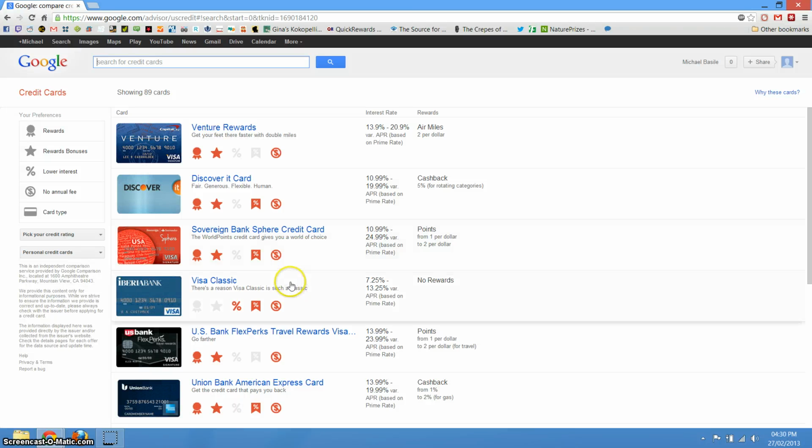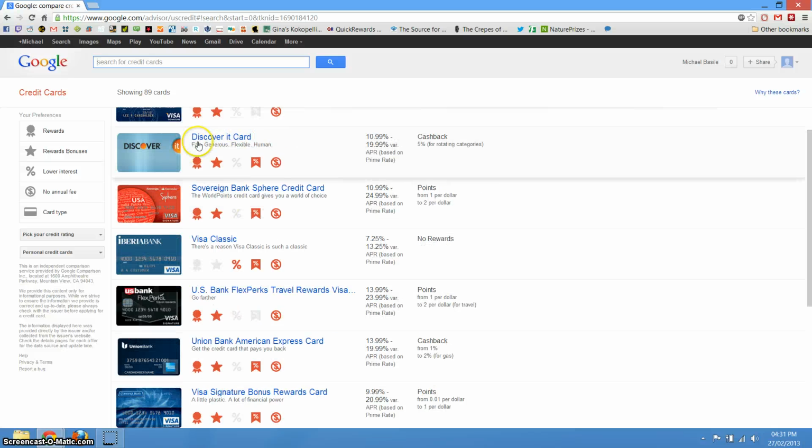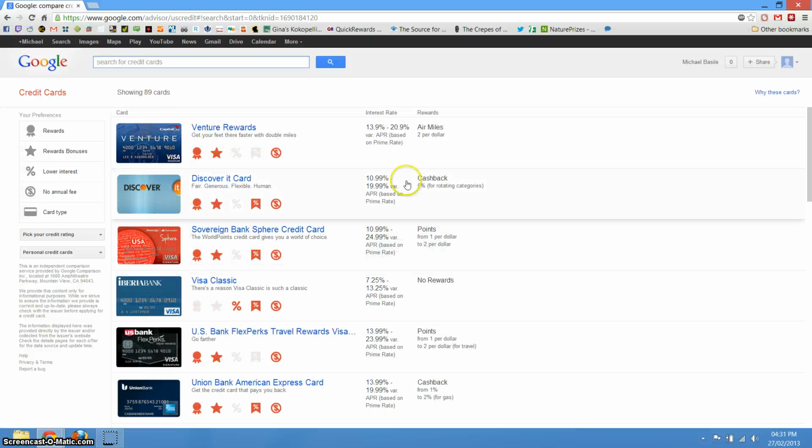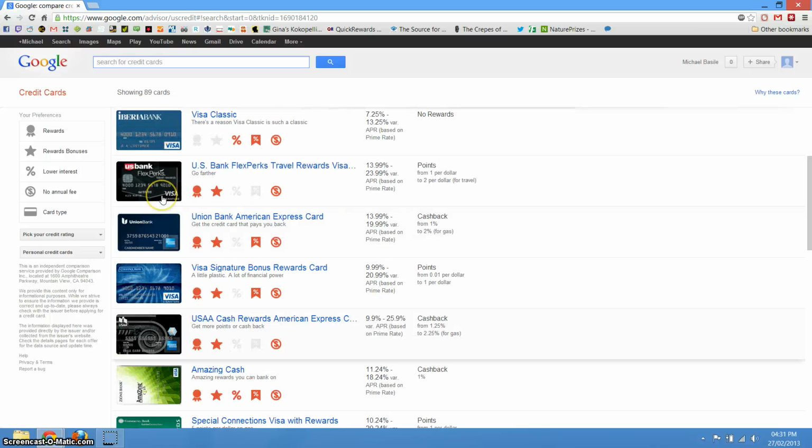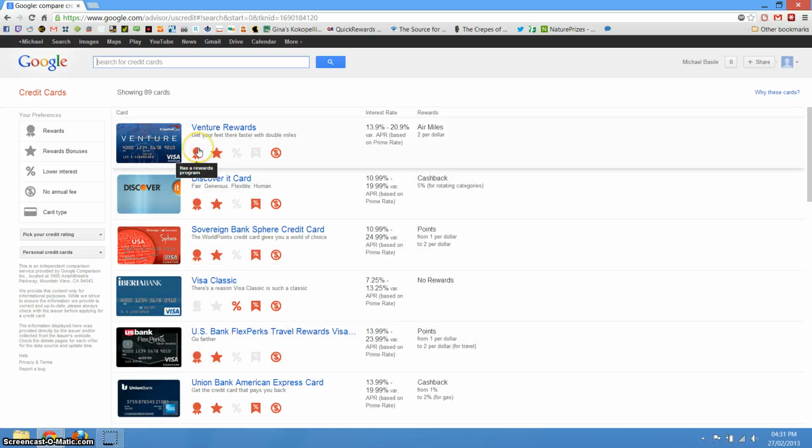Okay, today I'm going to be using this website to find a credit card. I'm mainly interested in rewards. First off, that's how I usually pick my credit cards. So it's showing just a random selection of cards. I'm not really sure what these